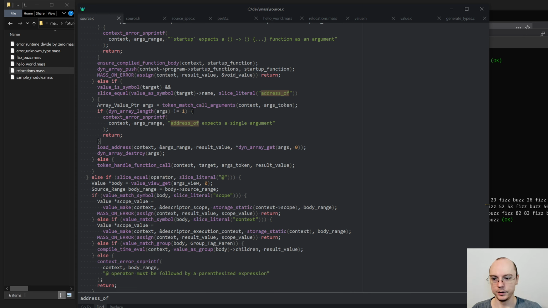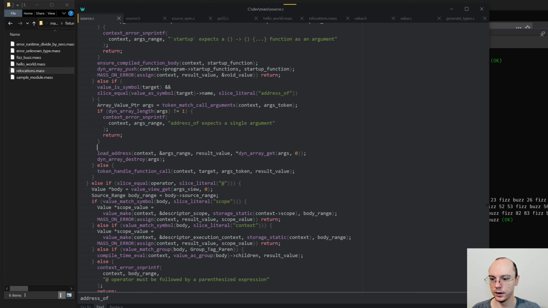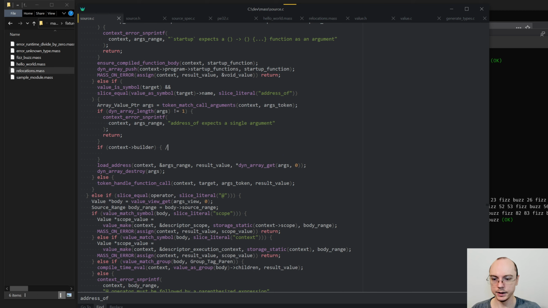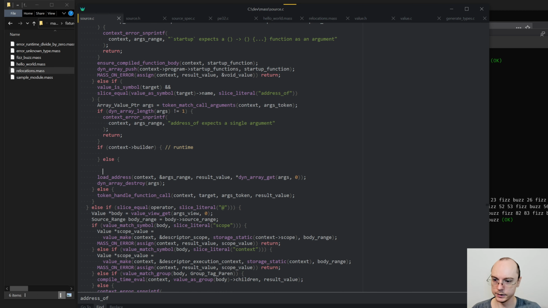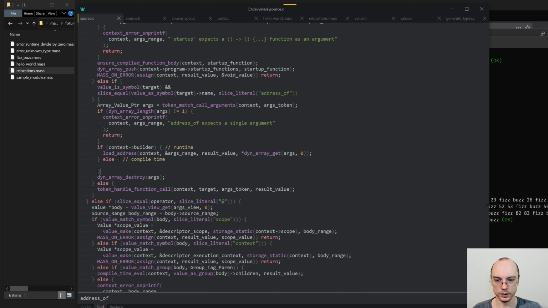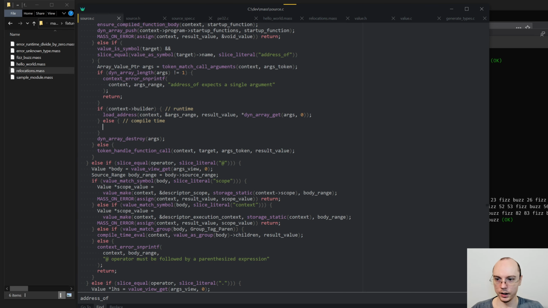And we need to do some checking. So if context builder, so this is runtime. Else, this is compile time. And at runtime, we can just do this. It makes all the sense in the world, and this is okay. At compile time, though,